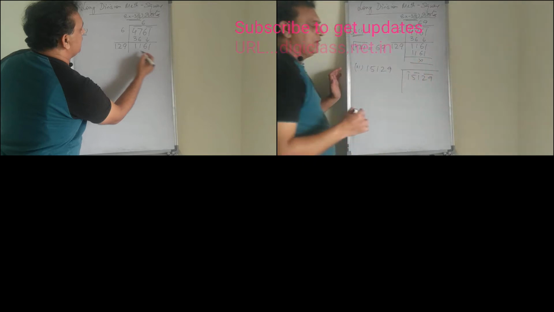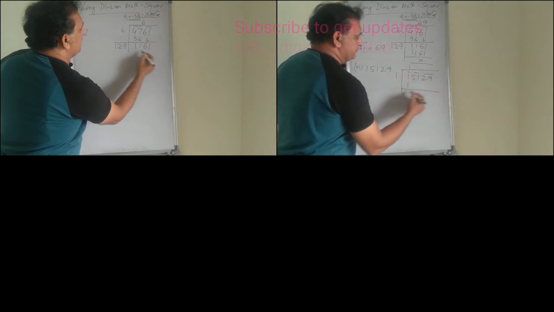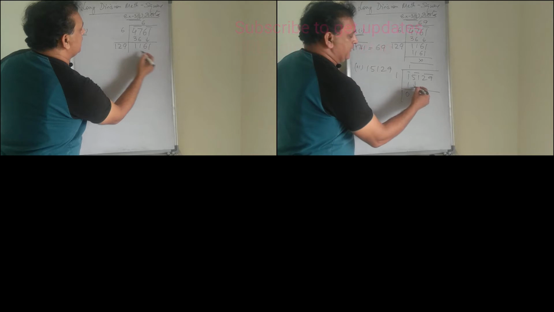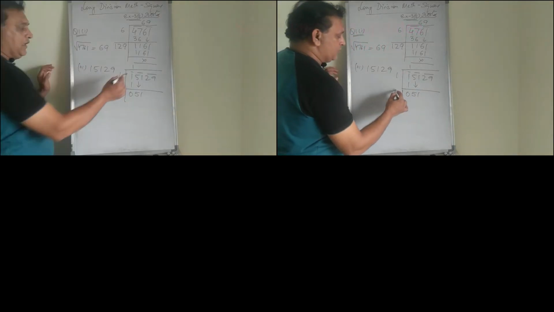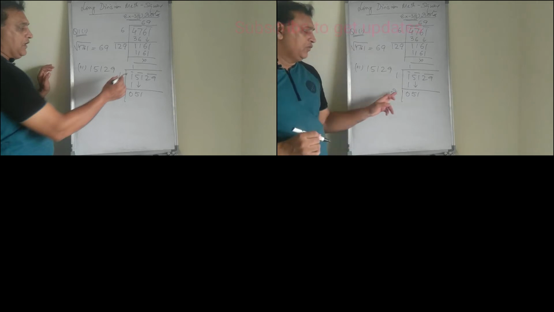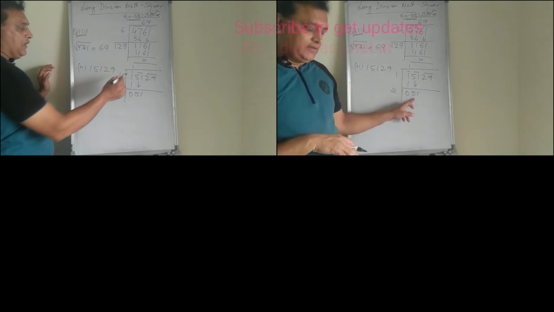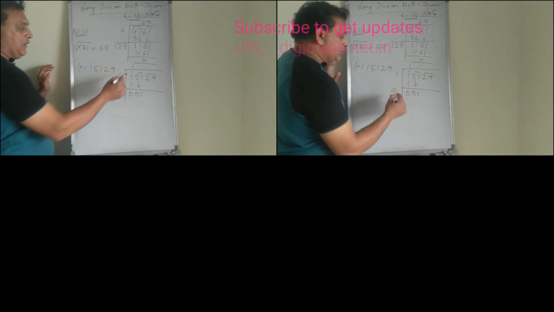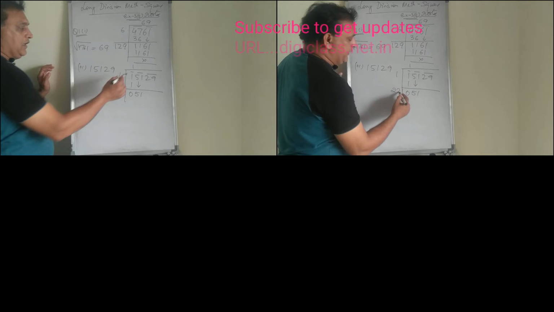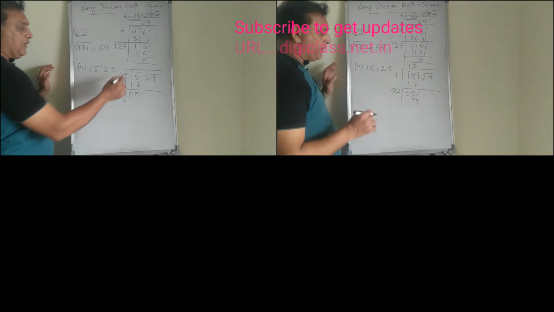Then we do the same thing again. So the first should be 1. 1 into 1 gives us 1, so the remainder here is 0. Then we put down the next pair, which is 51. Twice 1 is 2. Now I have to write some number here so that it will be multiplied by that number itself. Possibly 3 will be more, so 2 is the possible answer. So 22 into 2 is 44. We have to write 2 here also.